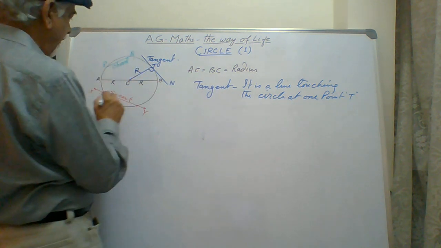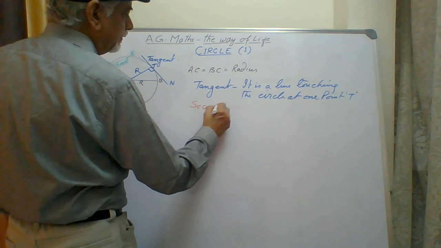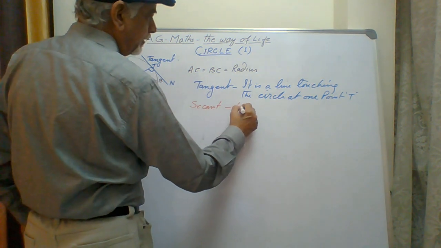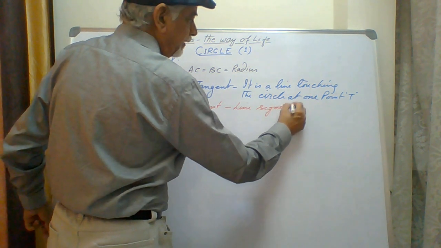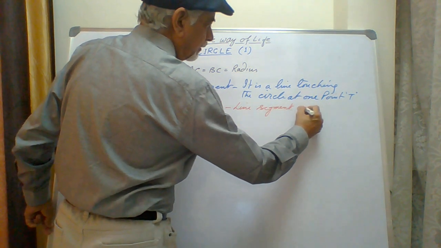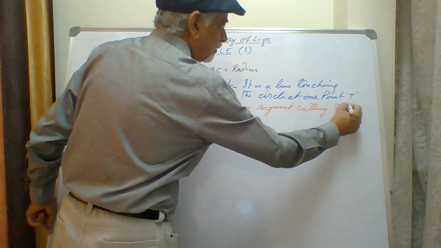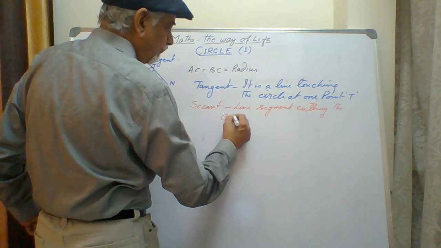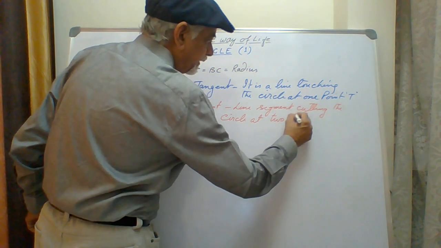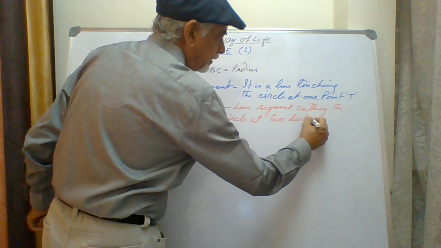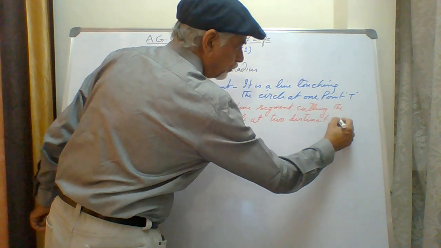That's the theory. Then we got a secant. What is a secant? Secant is a line segment cutting the circle at two distinct points. These points should not be very close to each other. They should be distinct points,